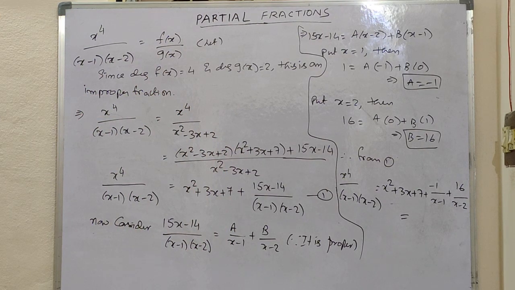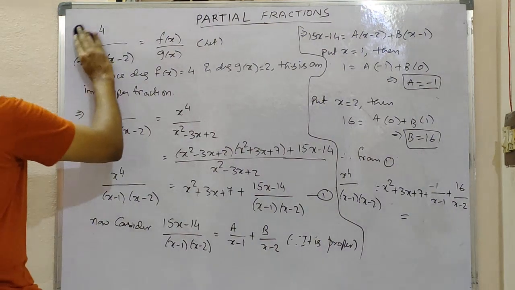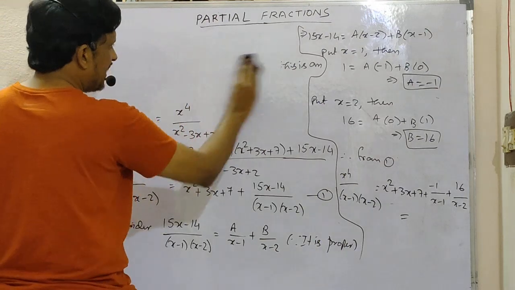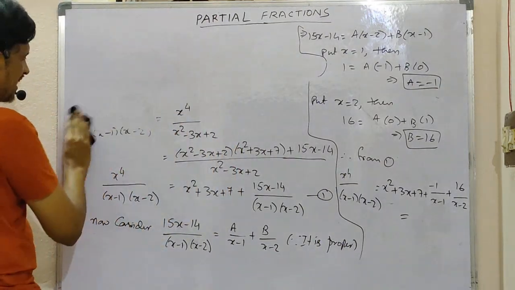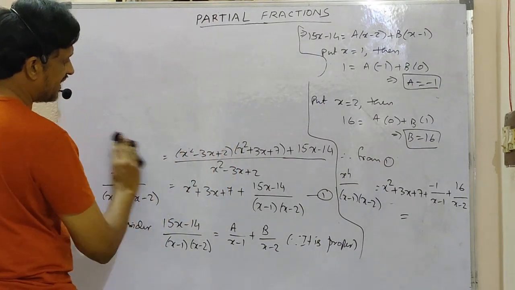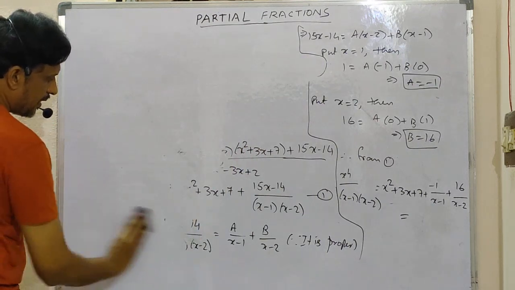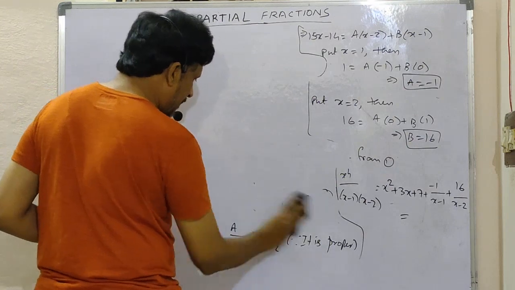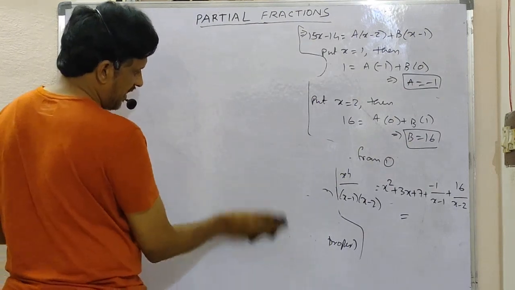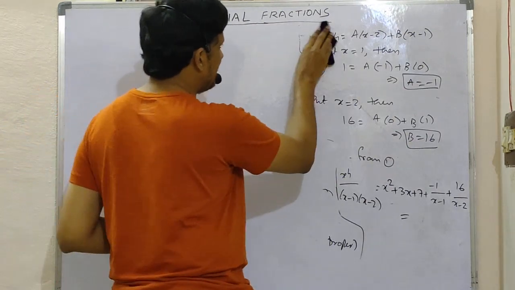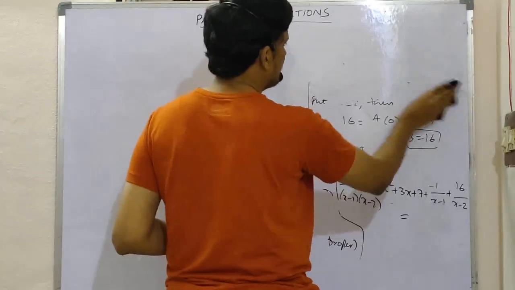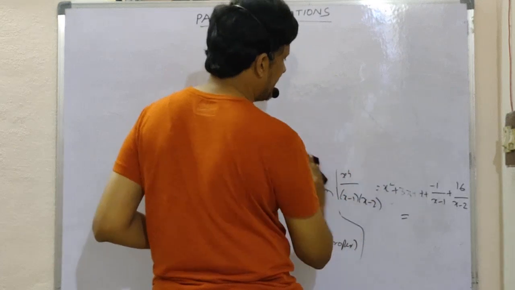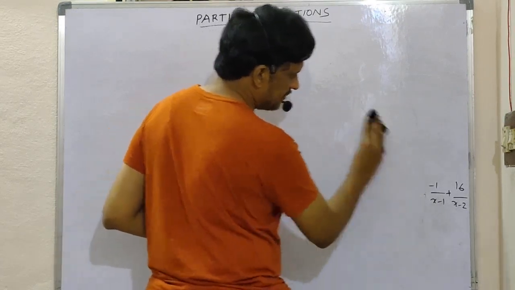Now another one, which is also improper, but here it is of another type. Here the given fraction is improper, with the degree of numerator greater than the degree of denominator. But if those two are equal, then it is also improper, but there is no need to write the division. Instead of writing the division, easily you can write the first step. Even if you divide, you will get the ratio of the leading coefficients only. So that's why you can directly write.